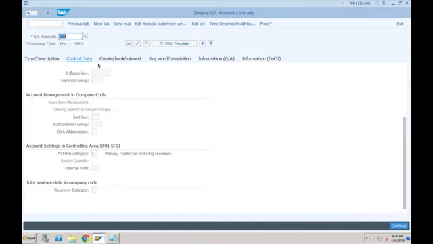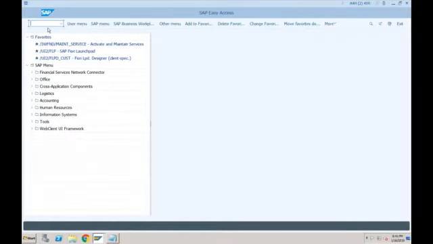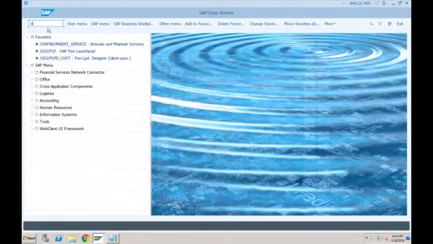Can you tell me which is the other place in SAP where we can maintain the default account assignments? Very common. Based on a particular GL, if I want to default the cost center, which is that field, which is that screen in SAP ECC? OKB9. Yes, OKB9. So OKB9 is a default account assignment screen, which is still available.